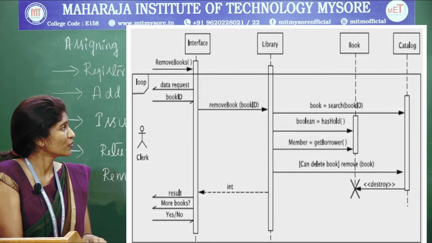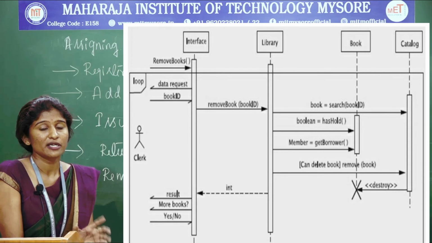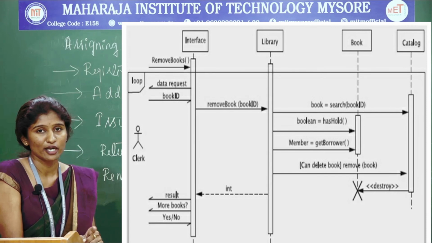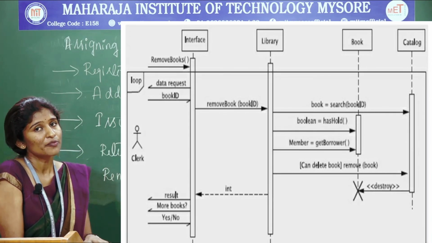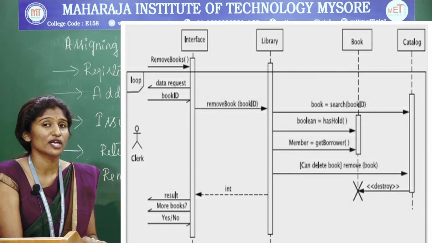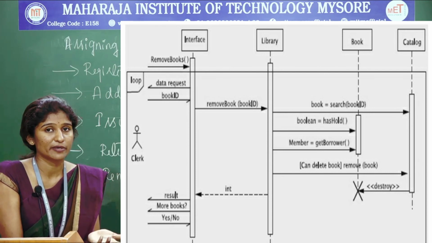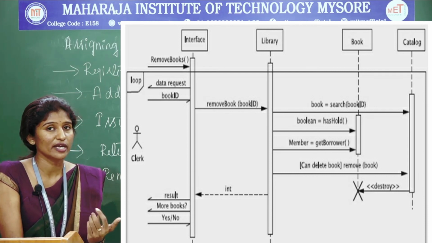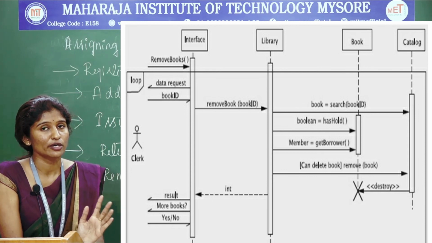After entering that book ID, it is going to search in the library system whether it is there or not, and the same thing will be searched in the book catalog also. The book catalog also contains the information, right. So it is going to be searched in the book catalog. The book catalog contains the list of all the books, and we need to check the rules also here. That is, the book should not be issued to any person, and the book should not have any holds on it. Those kinds of books only we can remove; otherwise we cannot remove the books. So we should consider those points in order to remove.